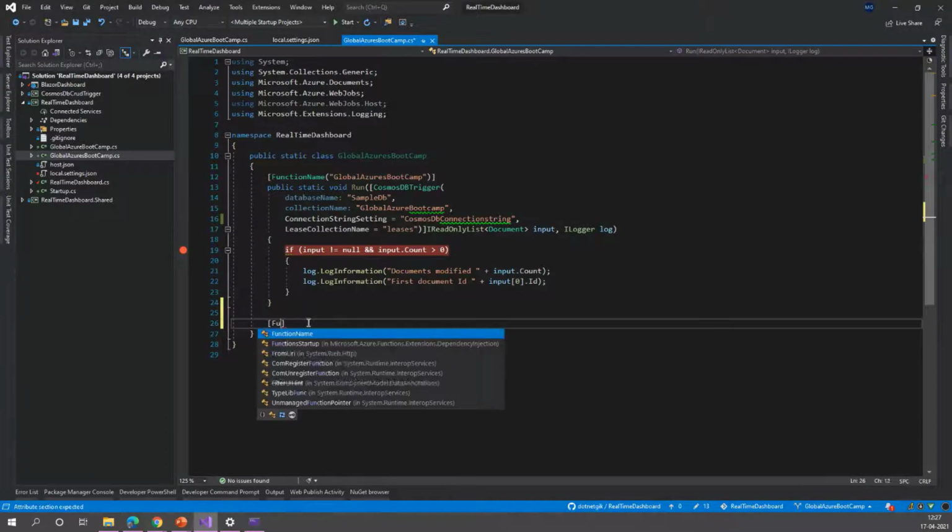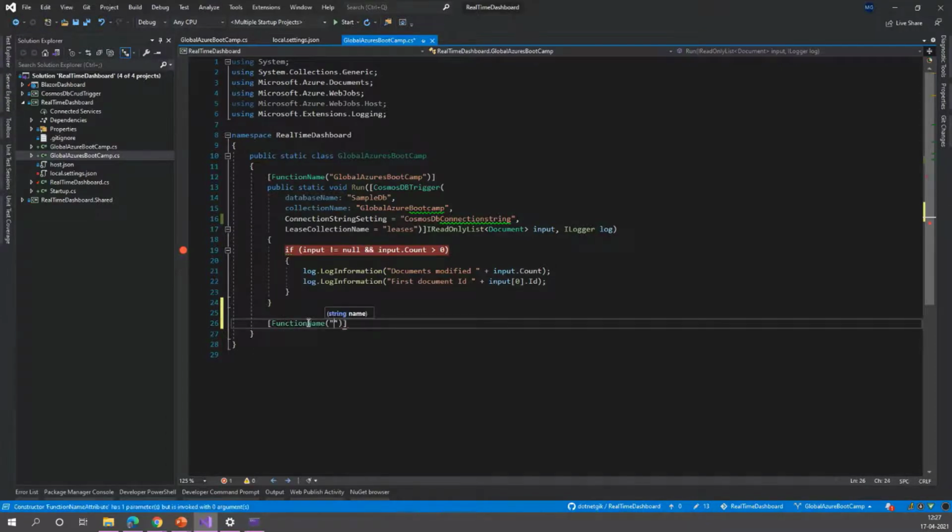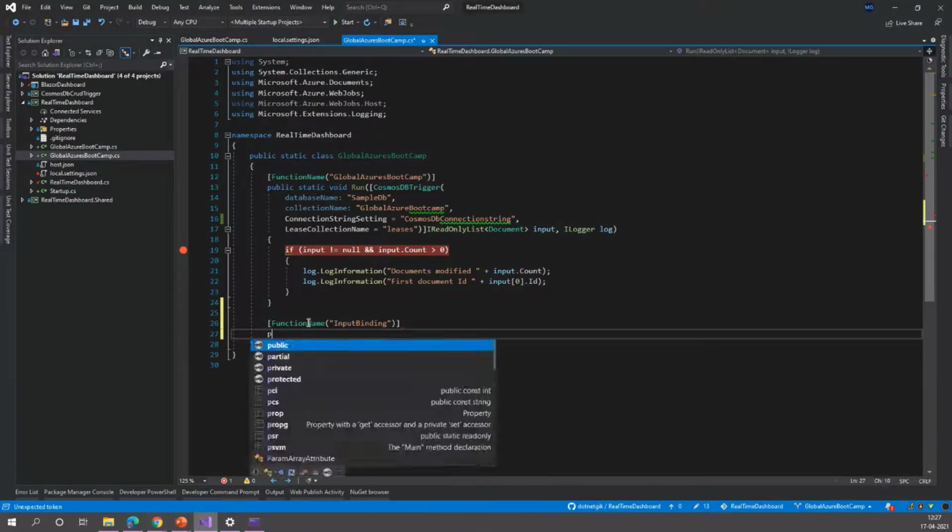we'll create a function. Let's call it the input binding, but whenever we are using the input binding, it is always recommended that the function name should be negotiate. So how can we do this?